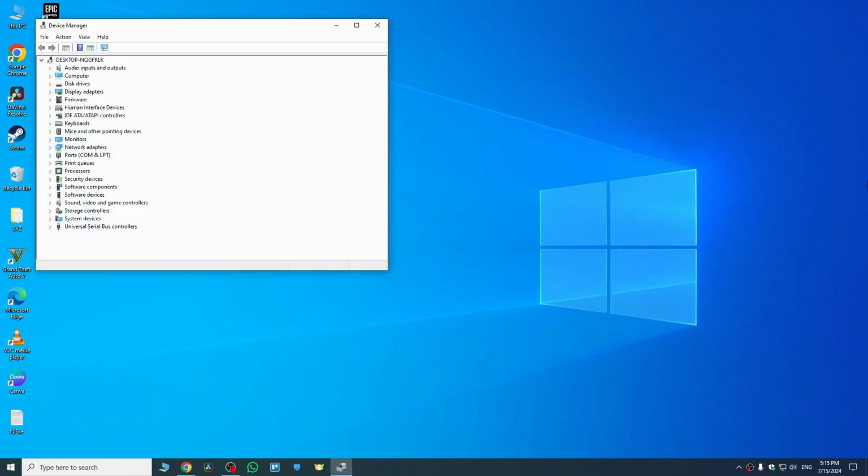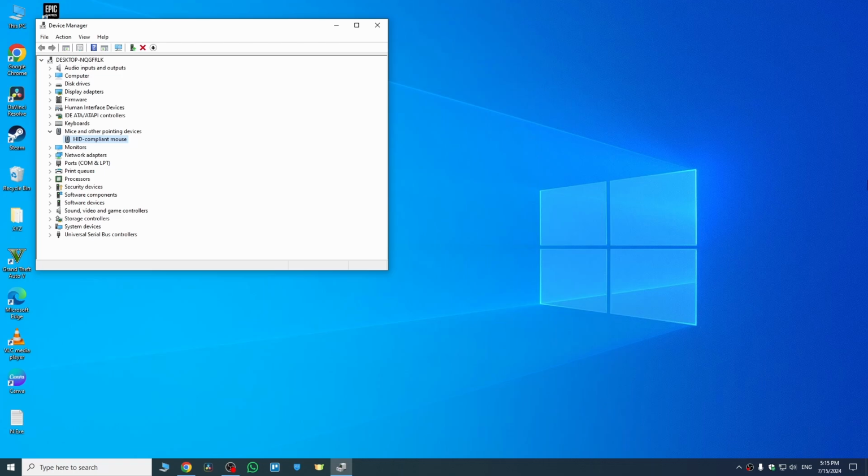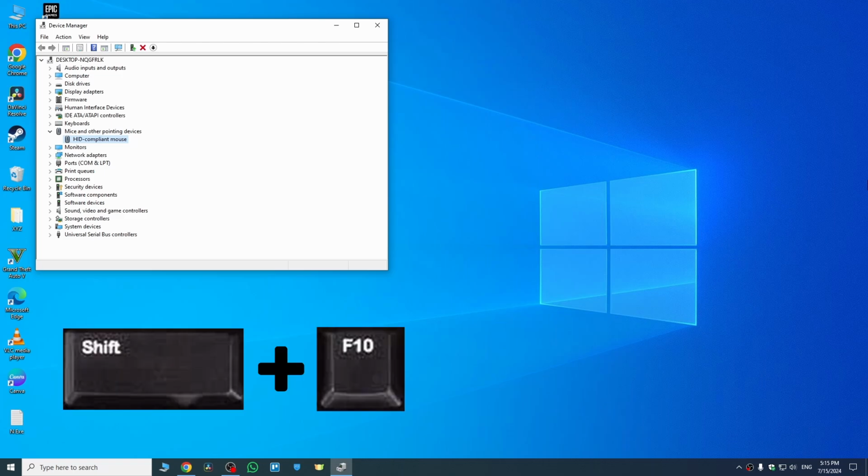Now here we are going to press tab just because we want to access this. Now we just need to press the down arrow key again and go to the option Mice and other pointing devices. Once you are here, press the right arrow key to open it up, and once it is open, press the down arrow key again. Now here is the main part where we are going to hit Shift plus F10